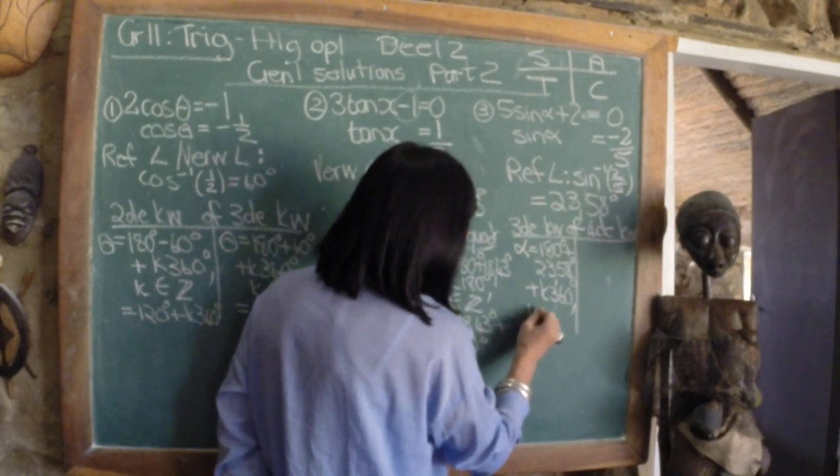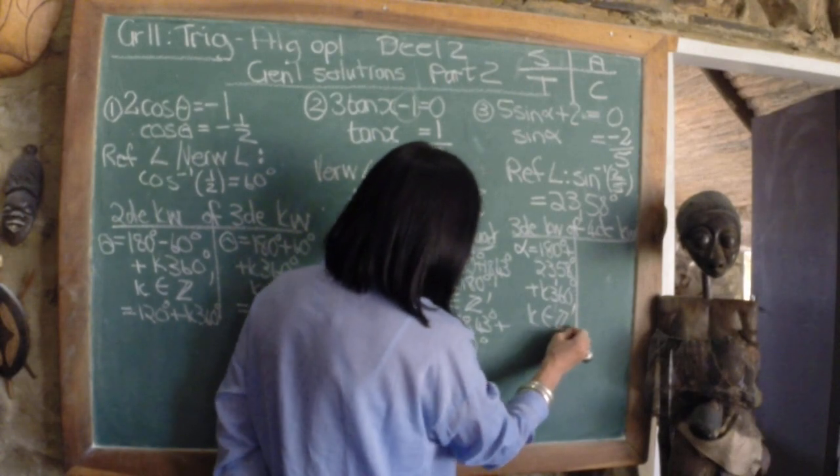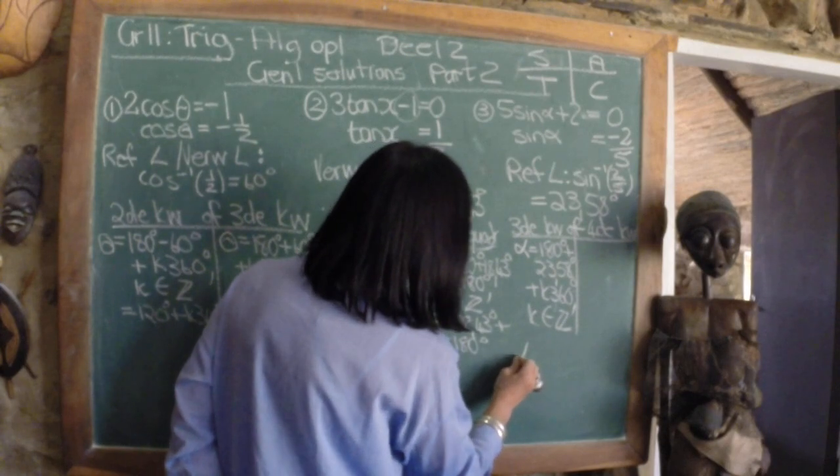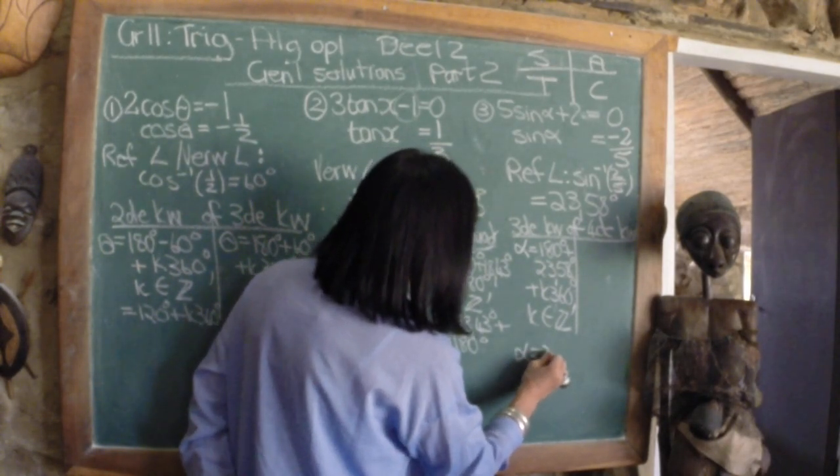Don't forget the k element of z. So now we can quickly just simplify. Alpha is then